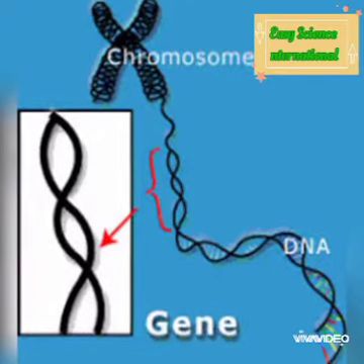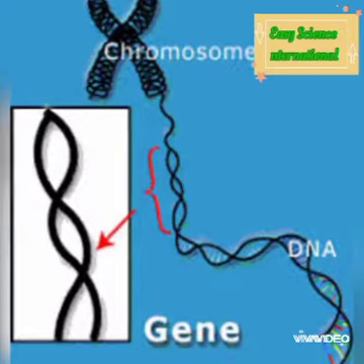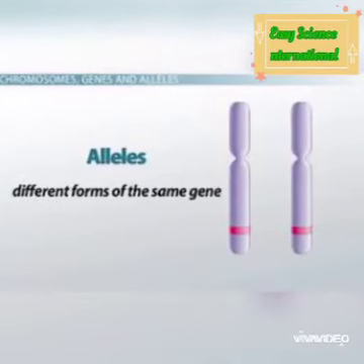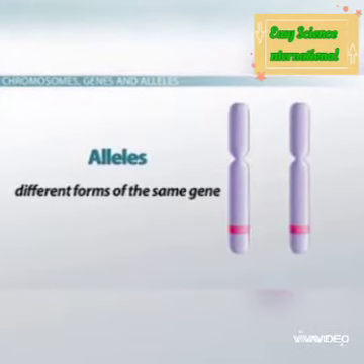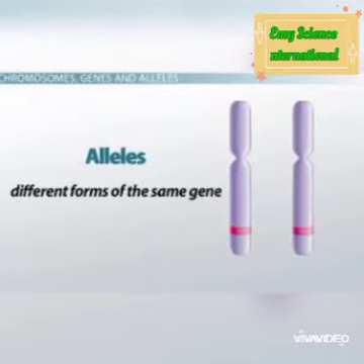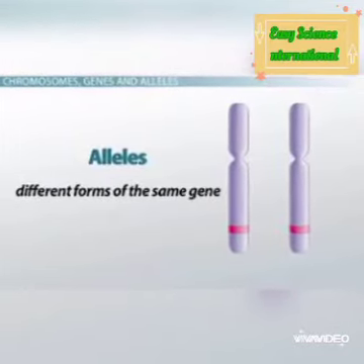In sexually reproducing organisms, genes occur in pairs, where each member of a pair is contributed by a female and a male parent. Alleles. Alleles are the different forms of the same gene. Alleles are genes that are responsible for the production of contrasting characteristics such as tallness and shortness in plants and animals. These alleles occupy the same locus or position on the chromosome.